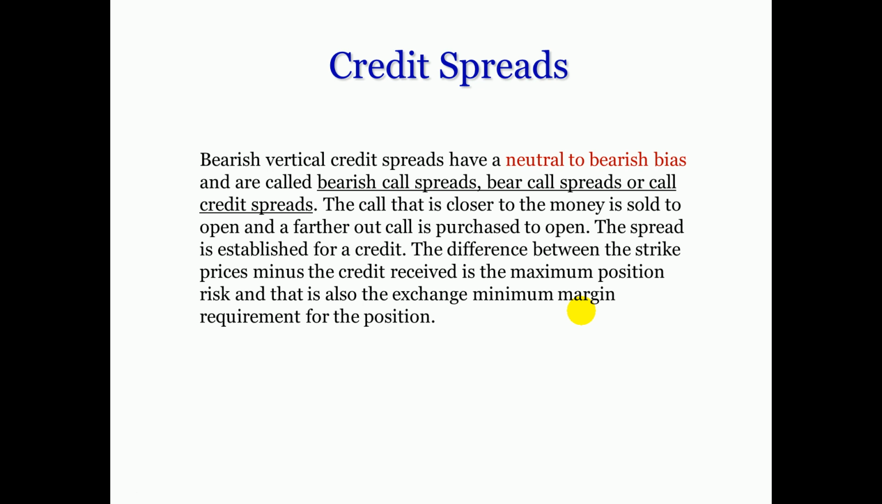So we also have credit spreads on the call side. A bearish vertical credit spread has a neutral to bearish bias. They're called bearish call spreads, bear call spreads, or call credit spreads. So the call that's closer to the money is sold, and the call that's further out of the money is purchased to open. The spread is established for a credit. Again, the difference between the strike prices less the credit received is your maximum position risk,